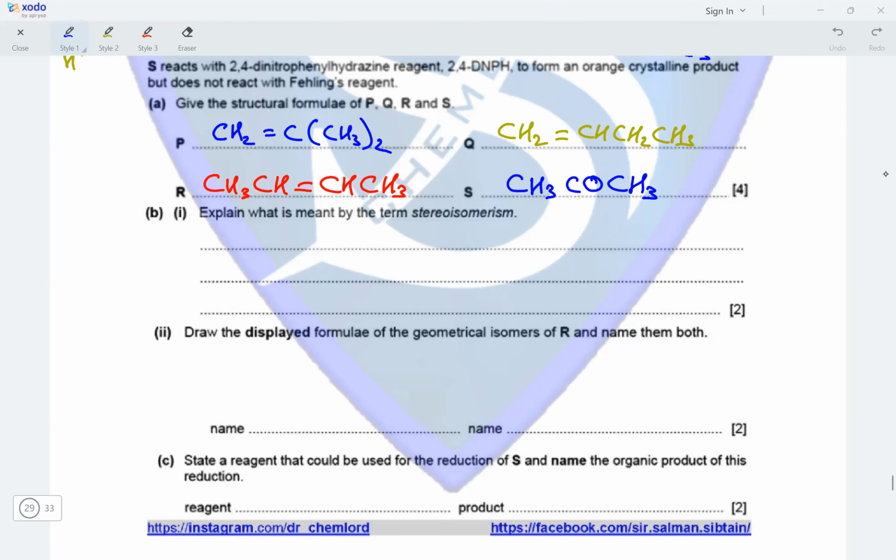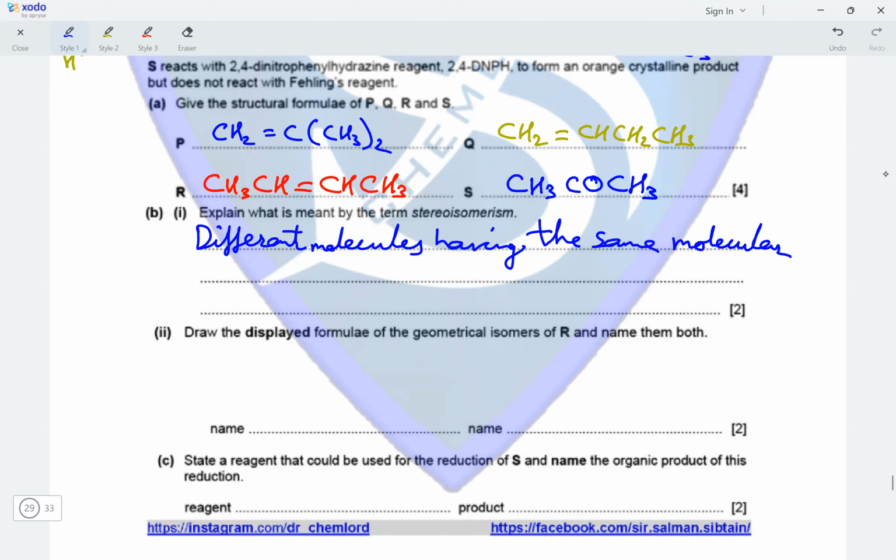Explain what is meant by the term stereoisomerism. So this refers to different molecules having the same molecular and structural formulae,